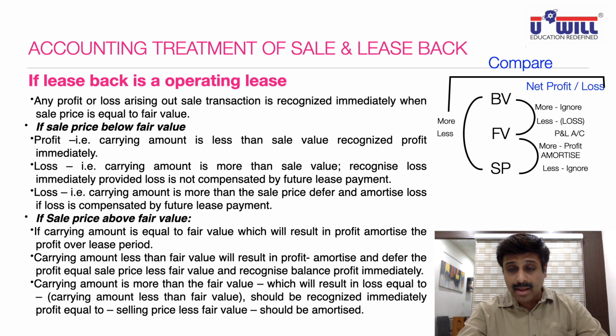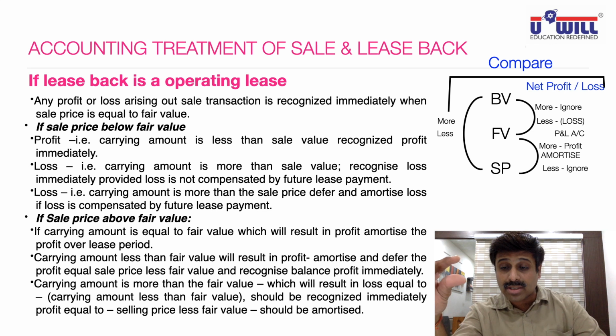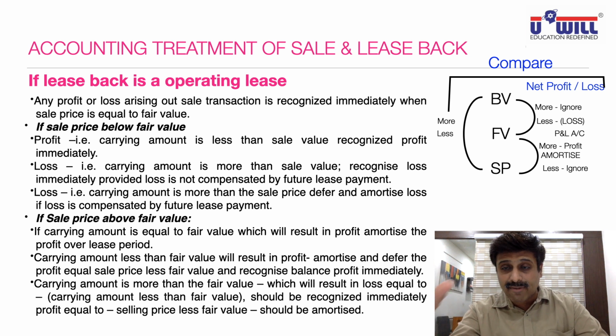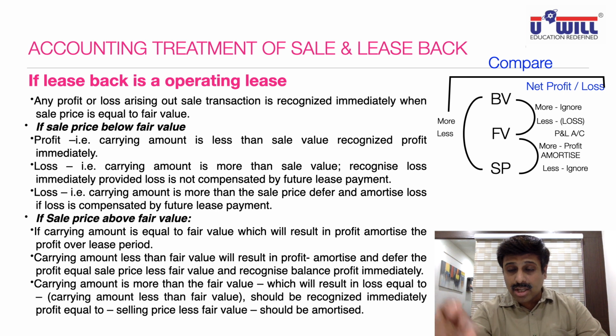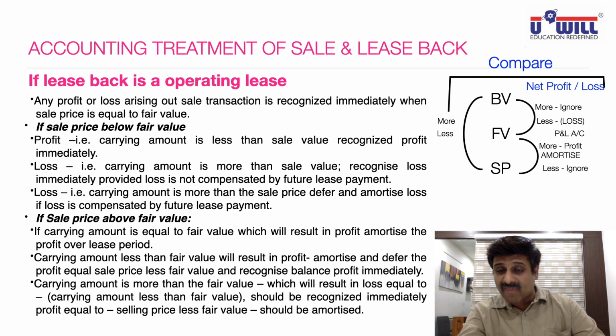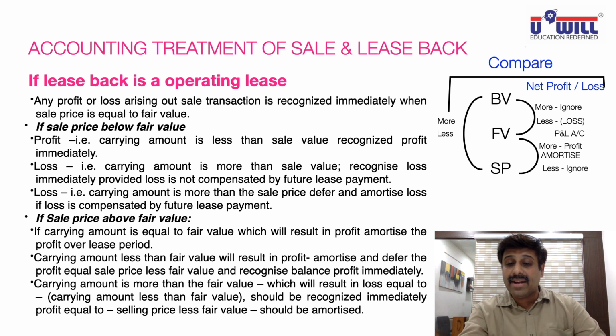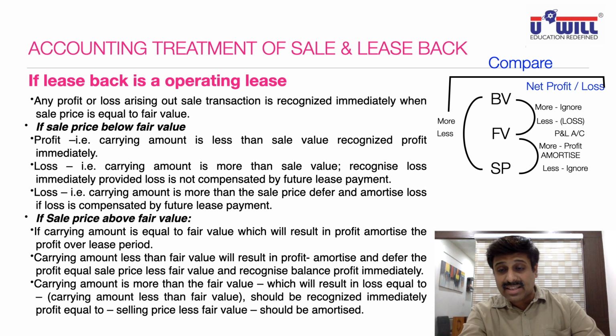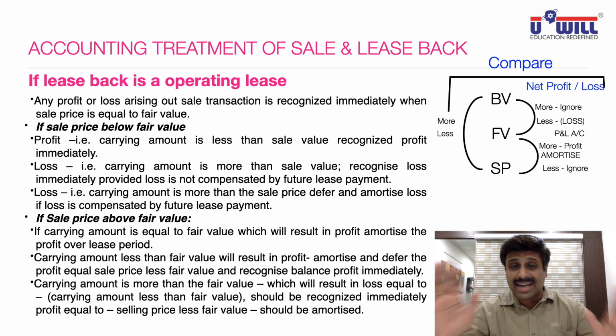What is this net profit or loss on the right side? Suppose in the book value and fair values comparison, it is loss, and in the fair value and selling price comparison, it is profit. The net profit or loss is profit minus loss. The net amount may be profit, or if loss is more, it may be negative. So left side amount, selling price and book values difference, you compare with the right side amount, profit minus loss. Let us revise once again.